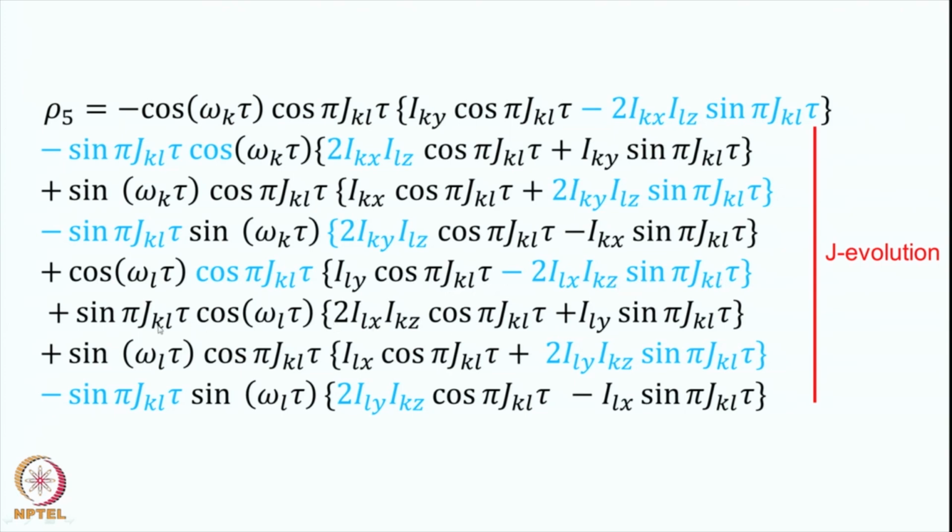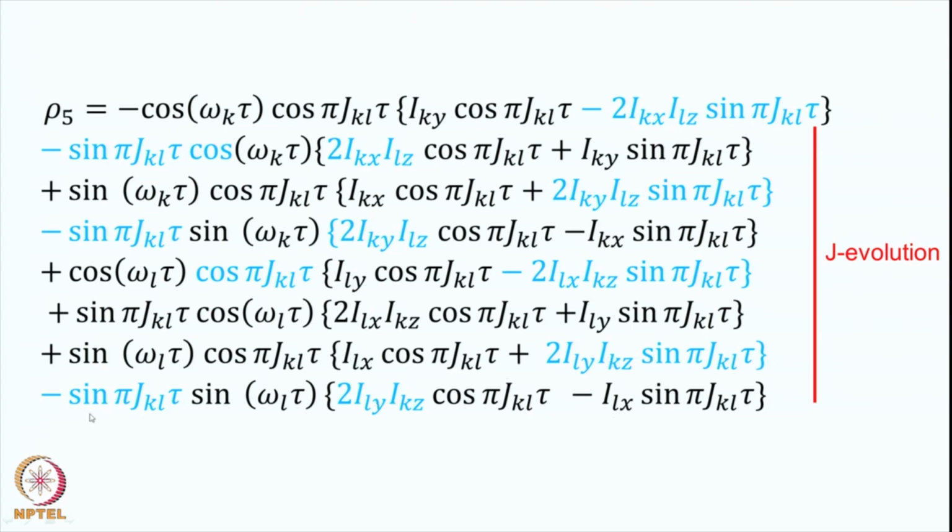The sixth term gives me sin(πJ_kL τ) cos(ω_L τ), then inside the bracket you have 2 I_LX I_kz cos(πJ_kL τ) plus I_LY sin(πJ_kL τ). The seventh term gives me sin(ω_L τ) cos(πJ_kL τ), and inside the bracket you have now I_LX cos(πJ_kL τ) plus 2 I_LY I_kz sin(πJ_kL τ), and